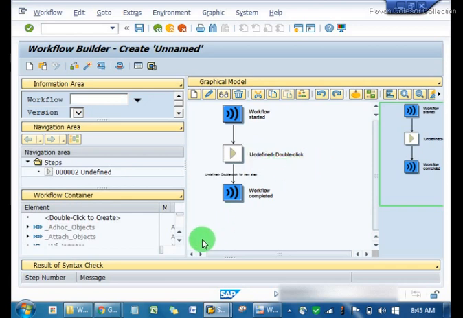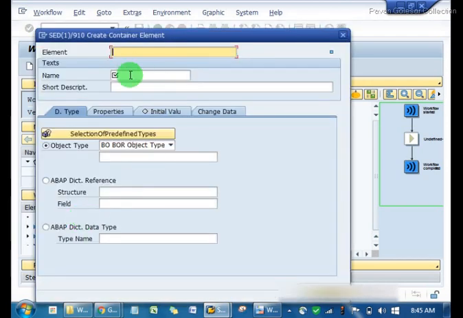So first we create a variable, and this container object, as you can see, there is nothing which is enabled. It is all greyed out, correct? So in this we create, by double clicking it, a variable name as LVCOUNT, counter.